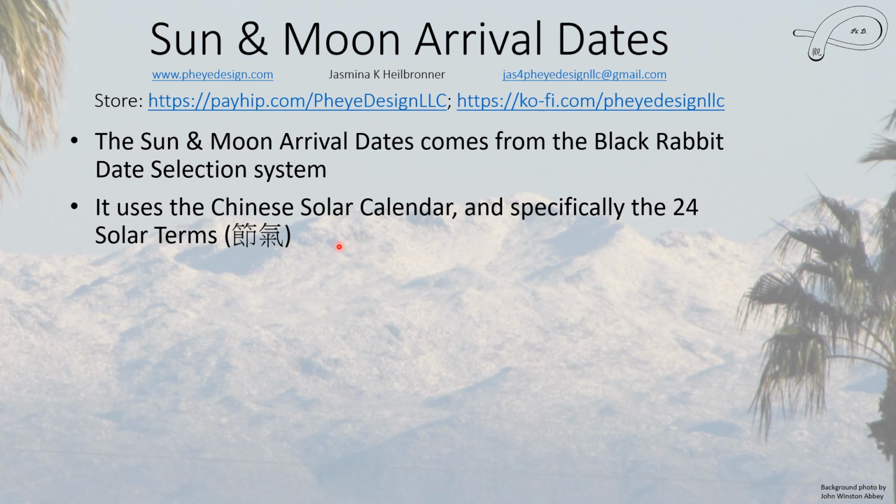Now, this type of Black Rabbit date selection system uses a solar calendar. There is a general Black Rabbit system that is used for date selection and basically just tells you a certain value for every day of the year. That one uses the lunar calendar, and I do talk about that in another video. But this one uses the solar calendar, and very specifically, it uses the 24 solar terms. In Chinese, or in Cantonese, this is Jithei. I often refer to it that way. It seems easier to say than solar terms. Anyway,